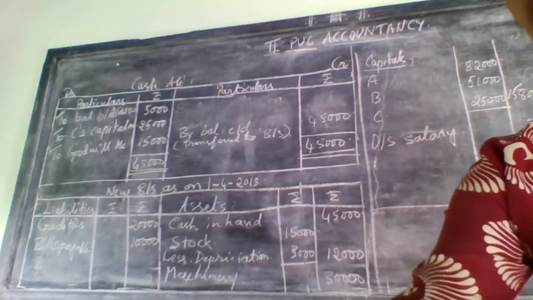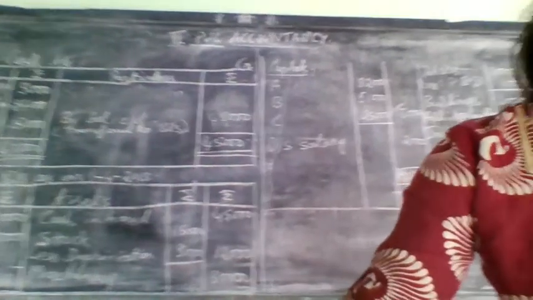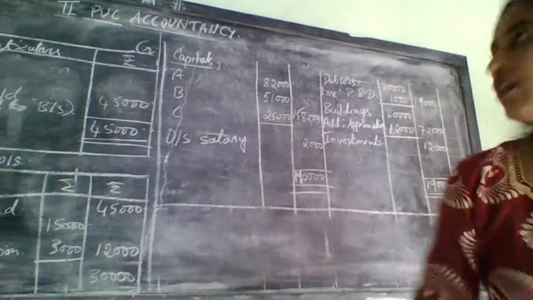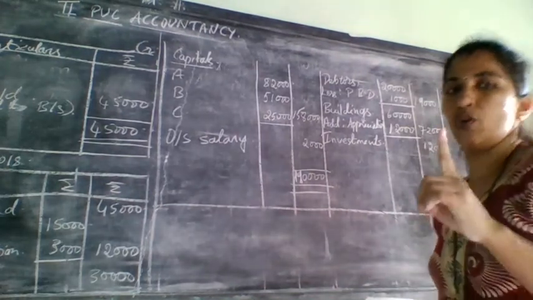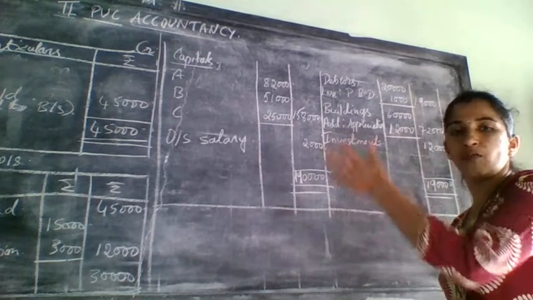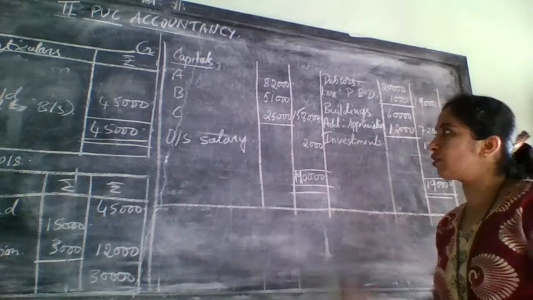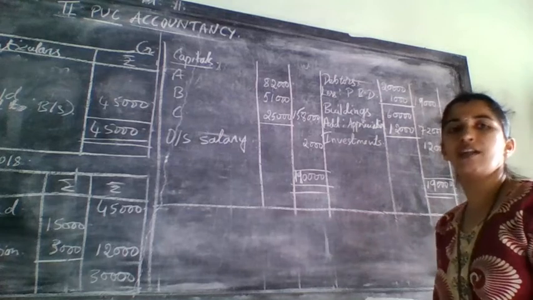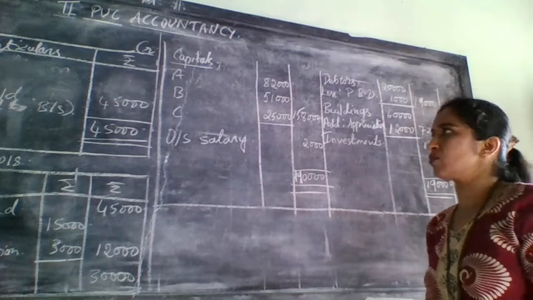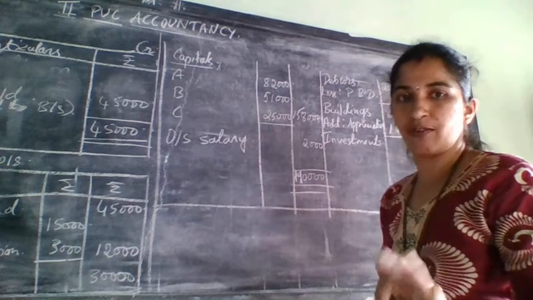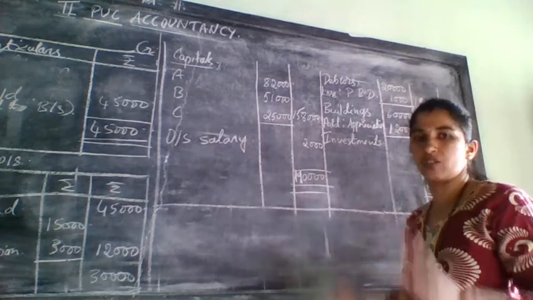After writing that, you are having the reserve fund. Reserve fund you can't take in the new balance sheet because a balance sheet item appears only once. Already it came in partners capital account, that's why it will not come once again in the new balance sheet, because you have distributed it to old partners. So profit and loss account and reserve fund will not appear in the new balance sheet, remember that.